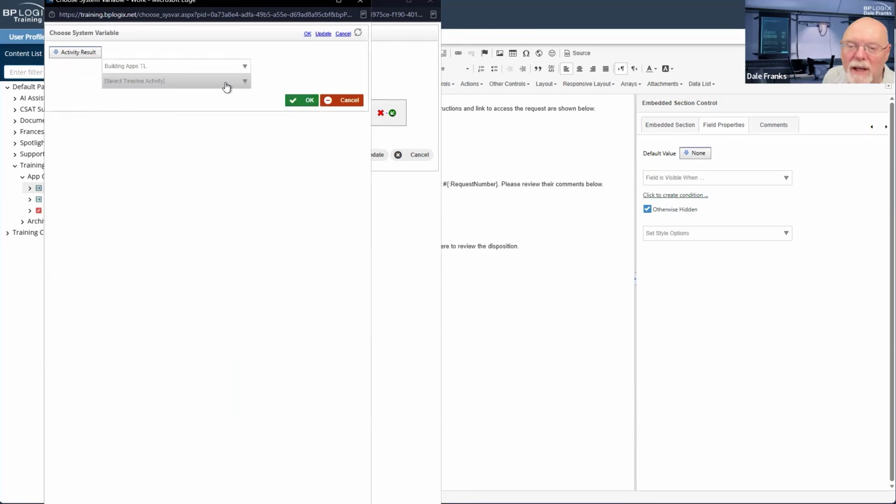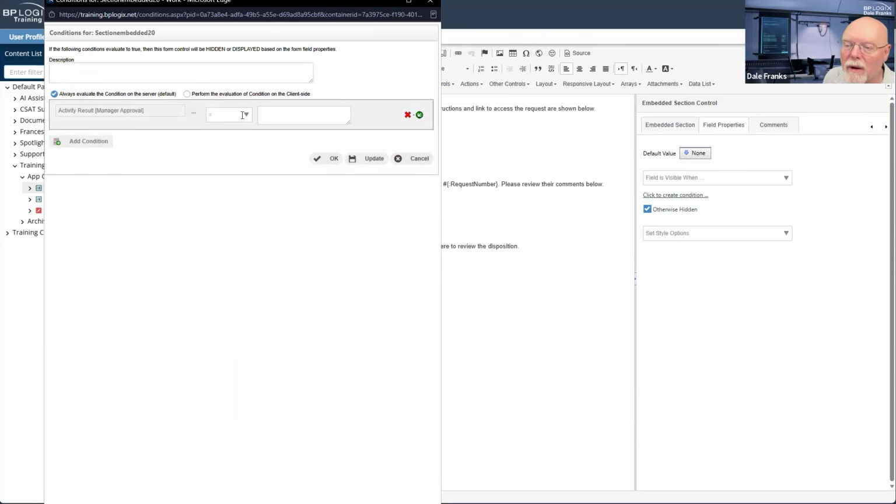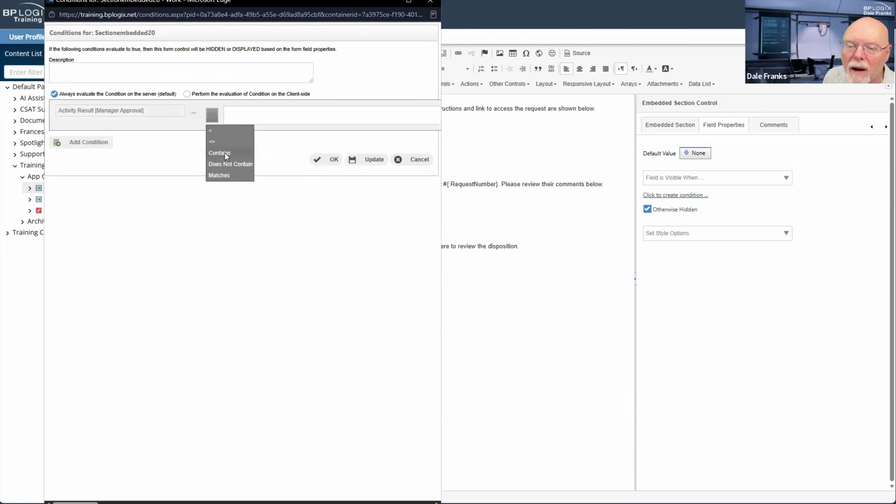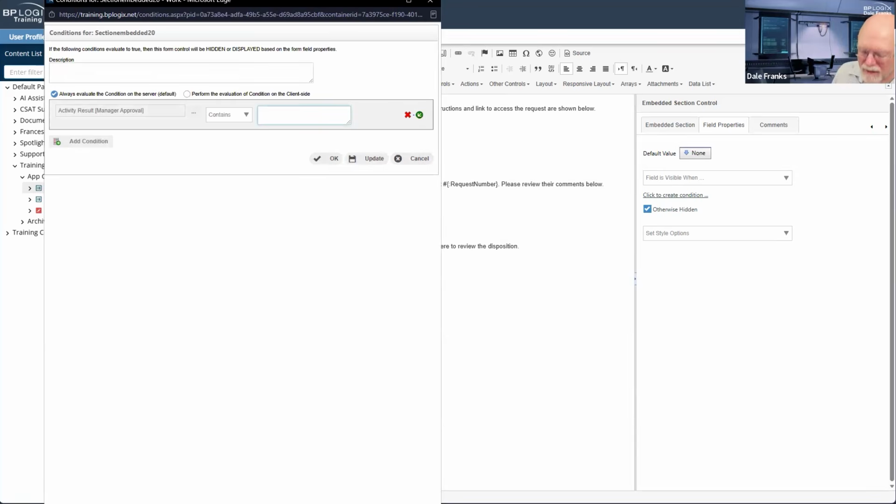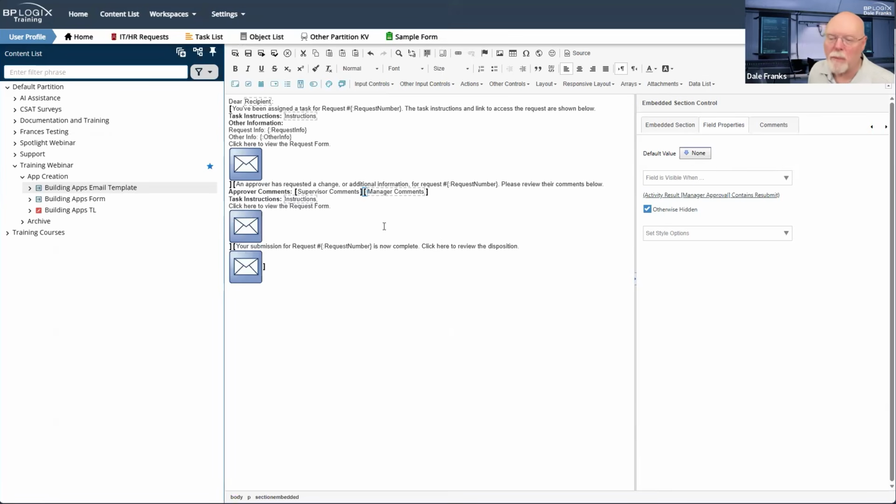Building apps TL and manager approval contains resubmit. All right, so now I have two separate ones, two separate embedded sections, only one of which should ever be visible at any one given time.